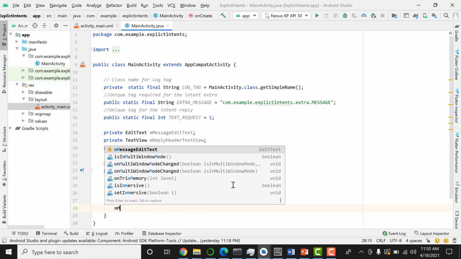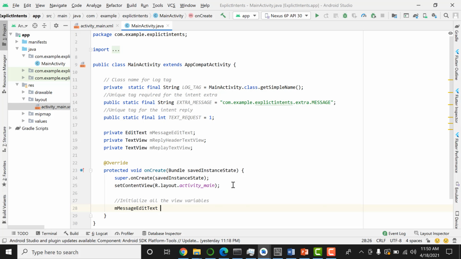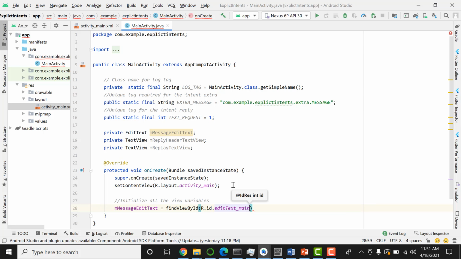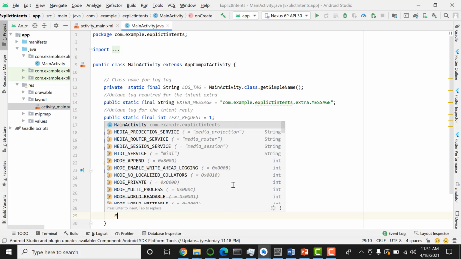So the first one is message edit text using findViewById, and then we can pass it R.id.edit_text_main. So the edit text that is used in the main file. Okay, remember that here we are getting the reference of these edit text, the reference of the object of these edit text, and then we can say